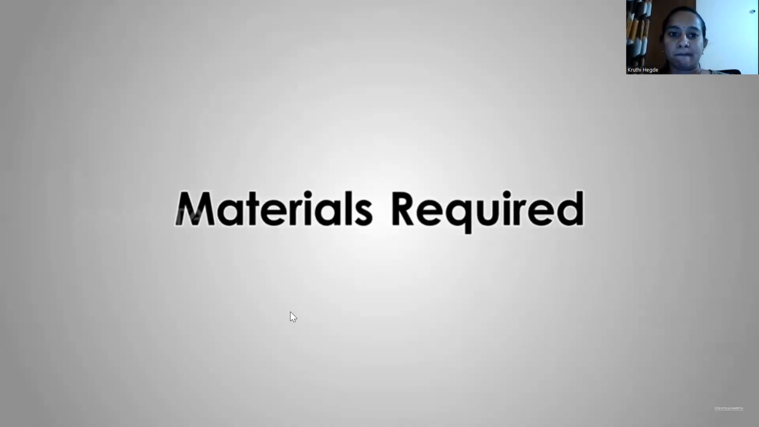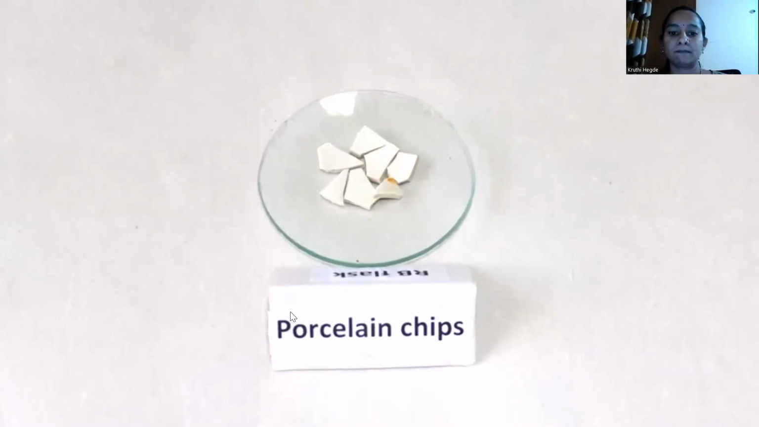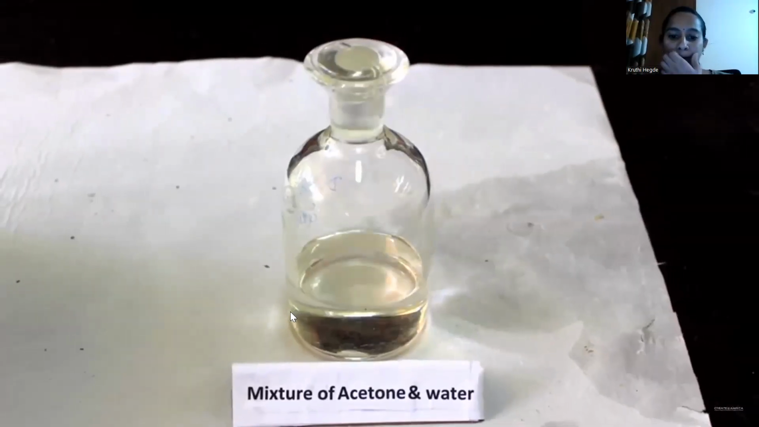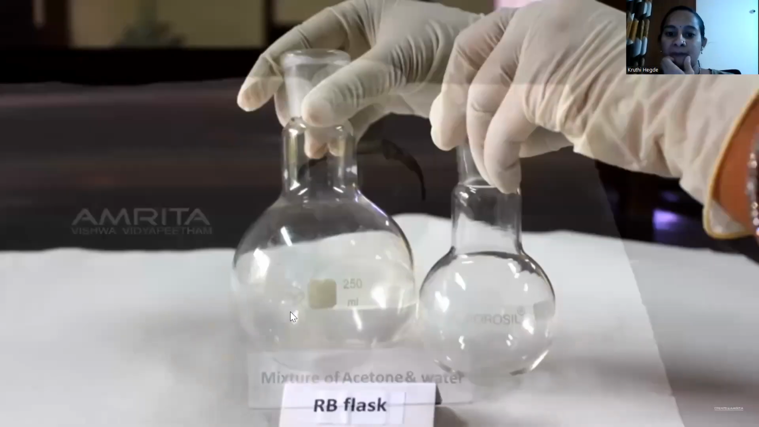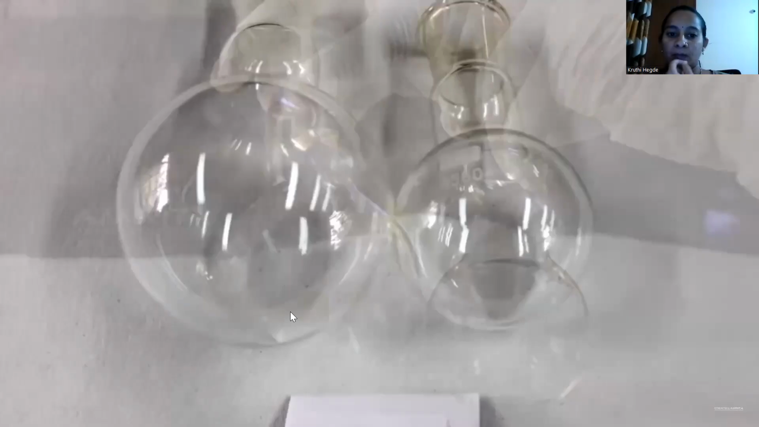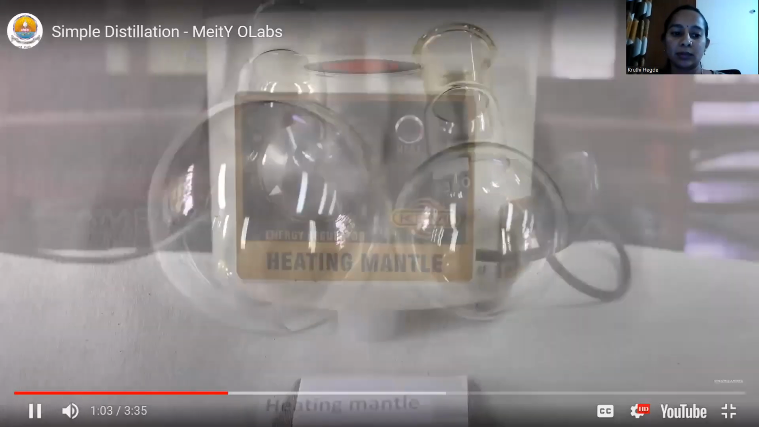Materials required: porcelain chips, mixture of acetone and water, 250 ml and 100 ml RB flasks, heating mantle,